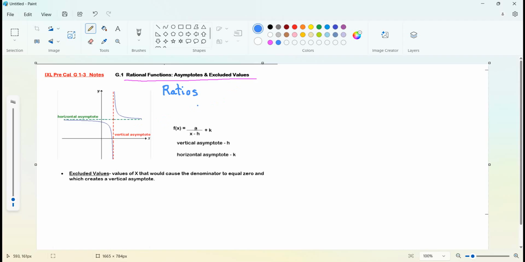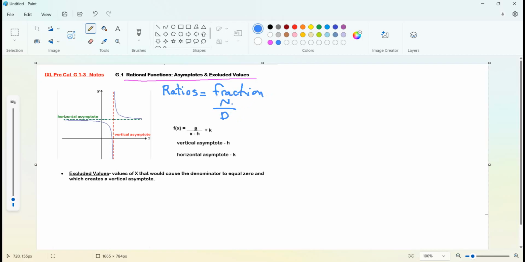a rational function. What I like to think of as rational functions, or the word rational reminds me of the word ratio, if you can remember from years gone by when you guys learned about ratios, but ratios are the same thing as fractions. So they have a numerator and a denominator. And fractions are just really things that are divided or broken, as if like when you fracture your arm,